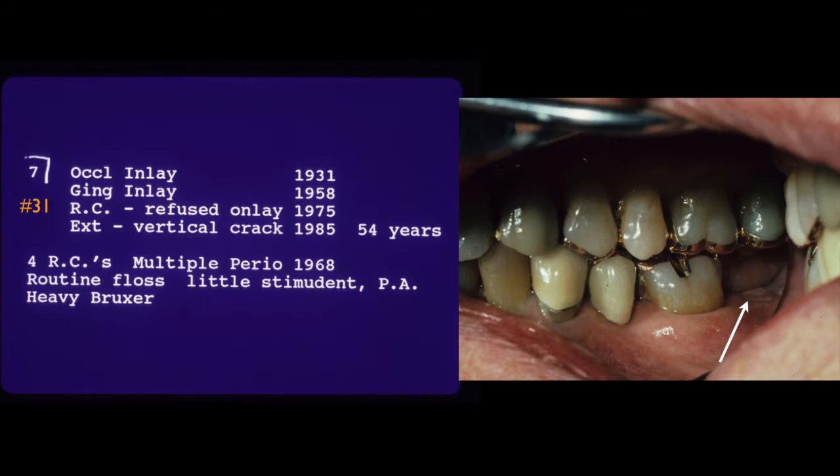So this patient had 4 endodontic procedures, and some periodontal disease in 1968 was treated then. She routinely used floss, refused to use stimulants and a perioid, and was a heavy bruxer. She was kind of a mean old bag, and maybe that's why she cracked so many teeth, and why her